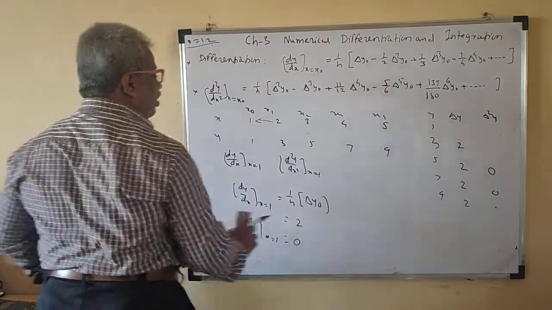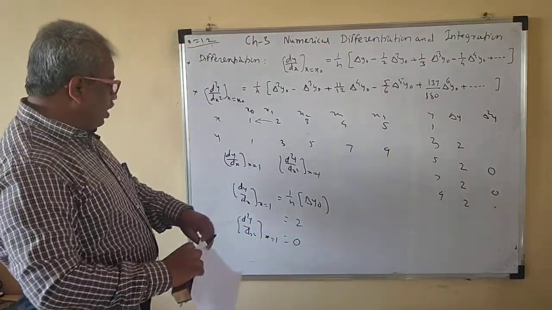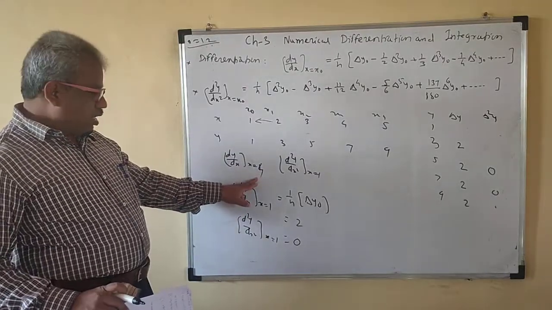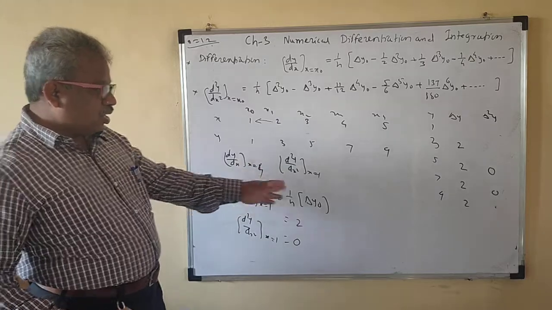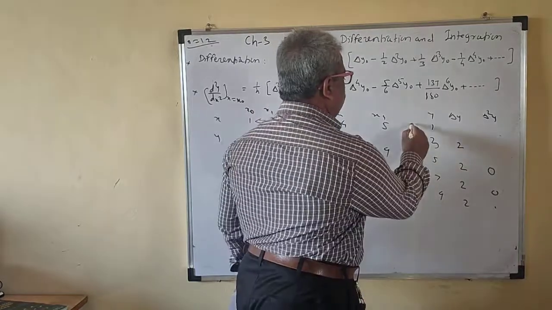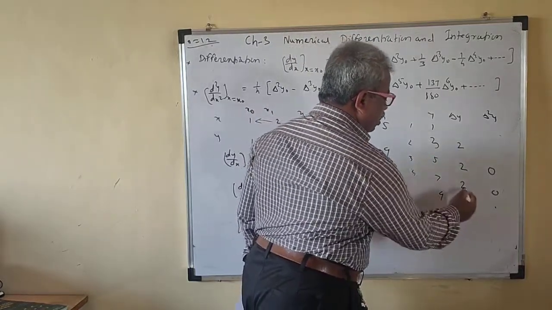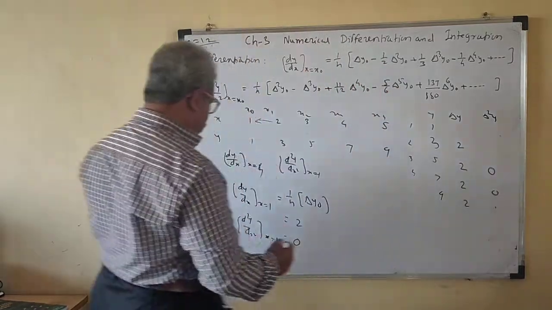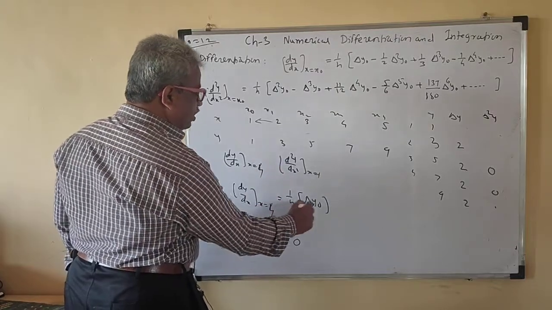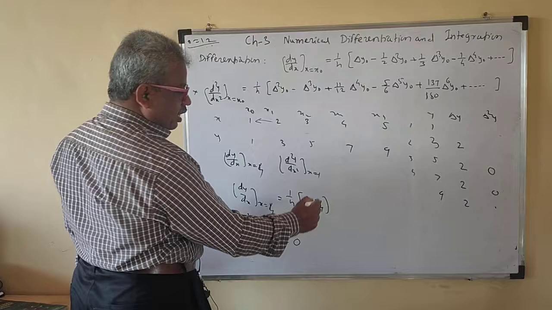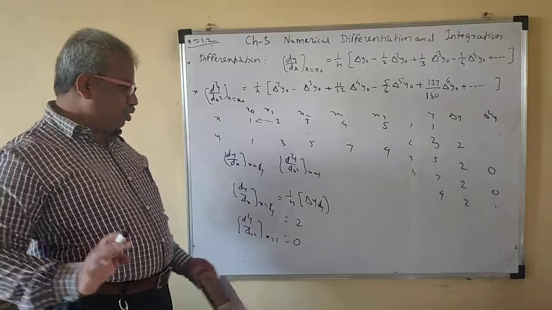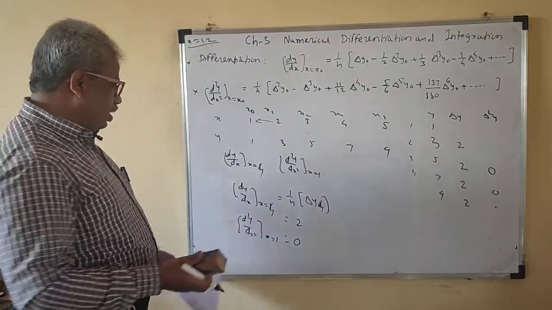So if we have a table, here also if you want to find, suppose x is equal to 4 now. Here, x is equal to 4 is the fourth point. For the corresponding value, the difference is 2. So for x equal to 4, what is the answer? Suppose 1 by h square del square y4, and del square y4 is just 2 here, again all over h square. So the value is 2. But del square is 0 now.